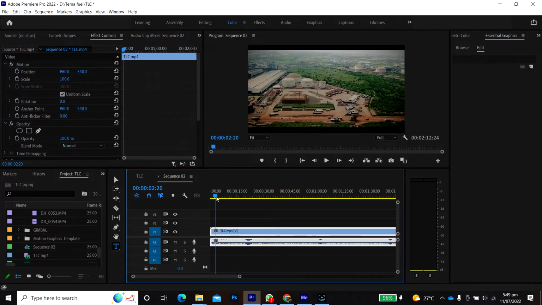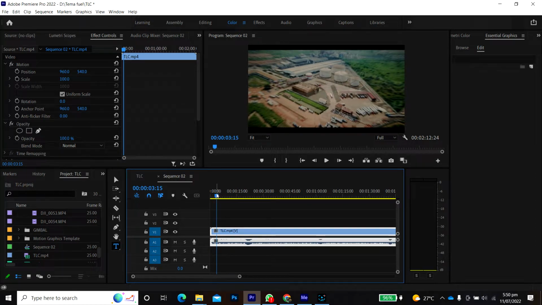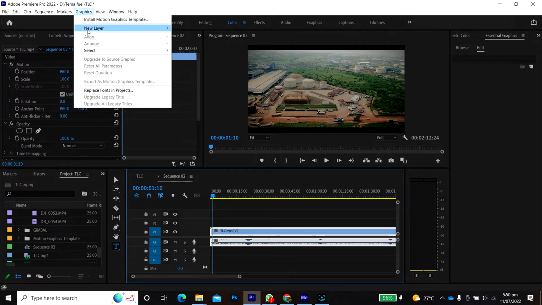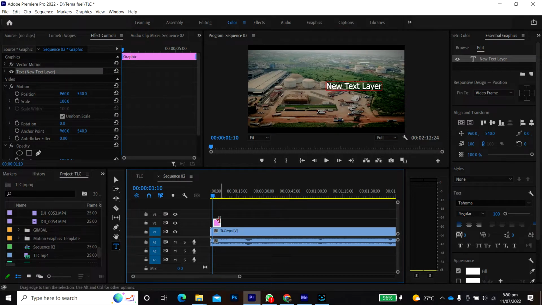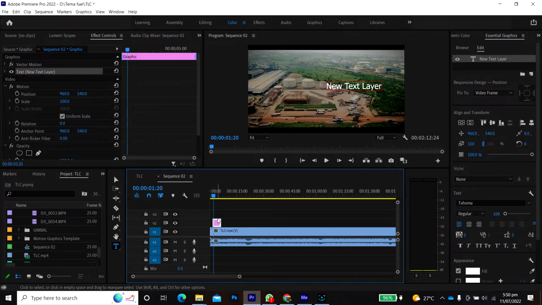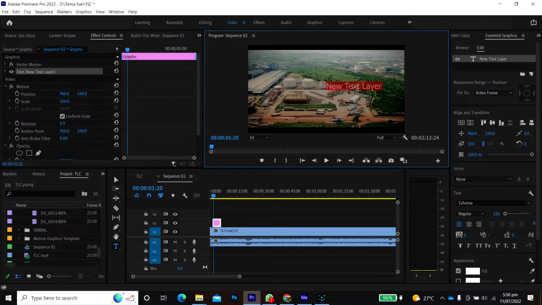Now what I want us to look at is how to add text. Okay, how can you add text to this video? Okay, so for example, if I just want to add a text, I can just go to graphics, then I go to new layer, then I go to text. Okay, so you see that once I click on text, the text is appearing there. You can double click inside it to select it, or you double click here where you see the eye. If you take the eye out, it's going to vanish, so you double click on it, then you can type. So for example, if I'm typing